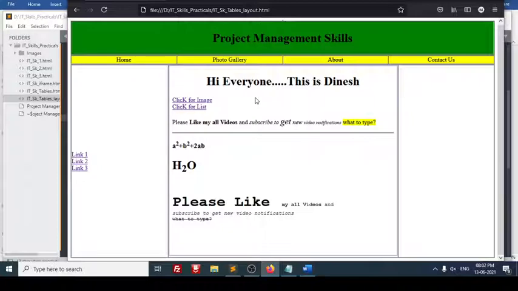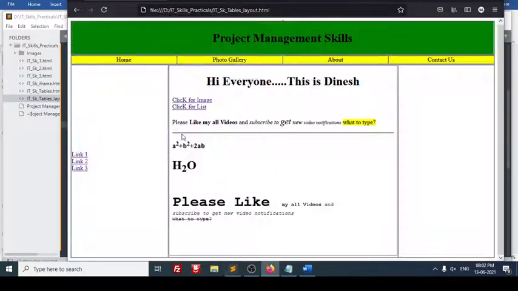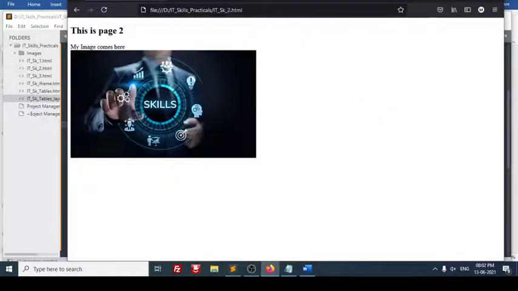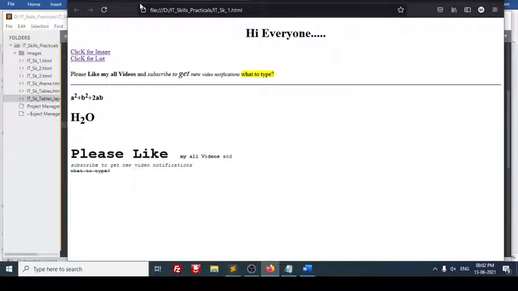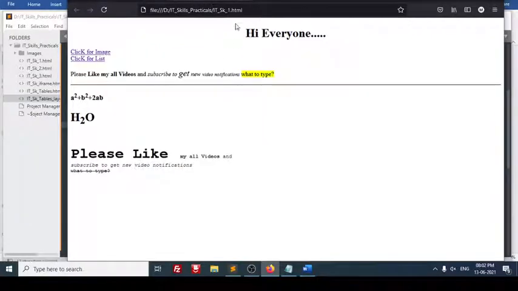If you modify anything in this page which is connected with the link, that is itskills1.html, which is targeted to the iframe, automatically it is reflected here. Similarly, here I have linked it as itskill.html. Let me check whether it works or not. Okay, I will just click on this. Oh, it is not coming in the same page, right? It is coming in a different page. The itskill.html one is there, this one is there.